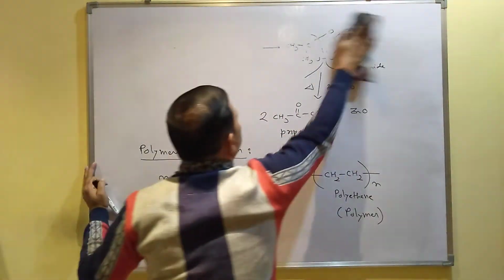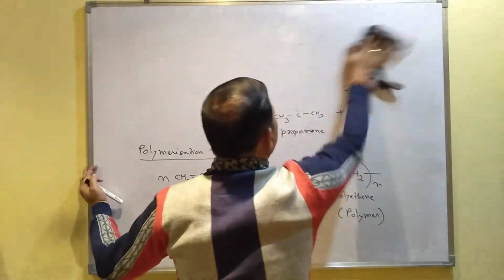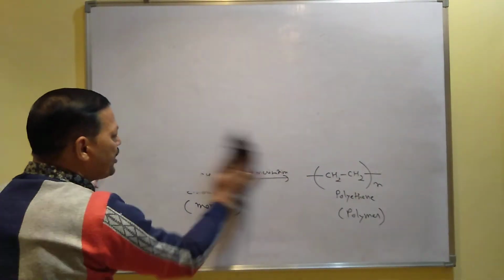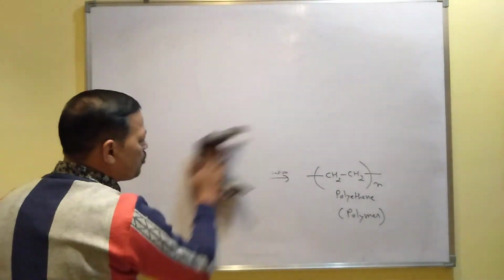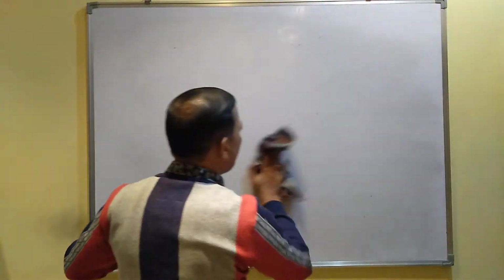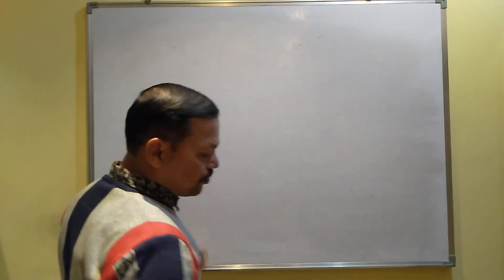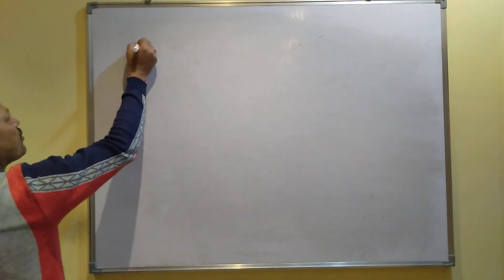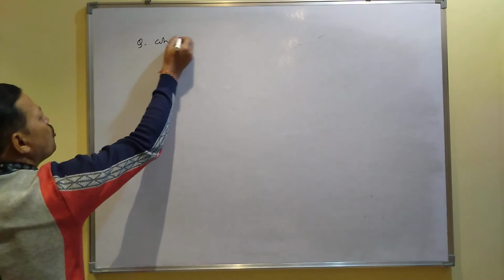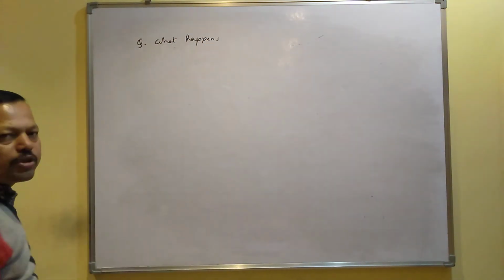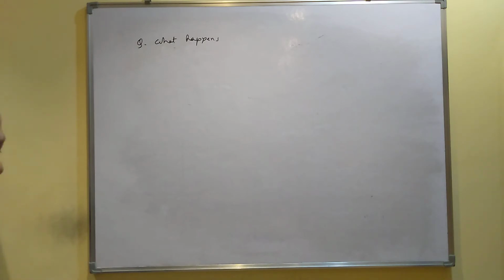Already we have done a number of reactions of alkenes, and you have to learn all these reactions, and from these reactions you will get different types of questions, and we will discuss the questions later after finishing all the compounds. If a question asks like this, what happens, this type of question may be asked in your exam, what happens when